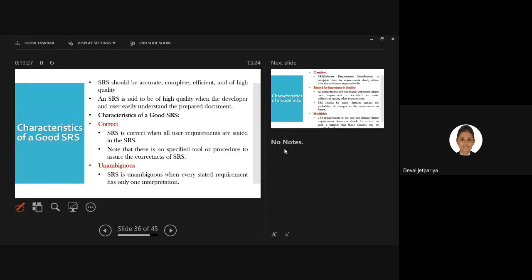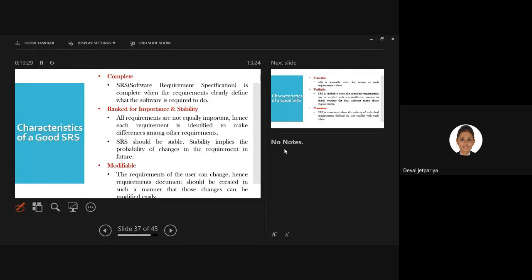Let me show you next. You can note down these points if you want, just the main characteristic names, because we have many more in this list.